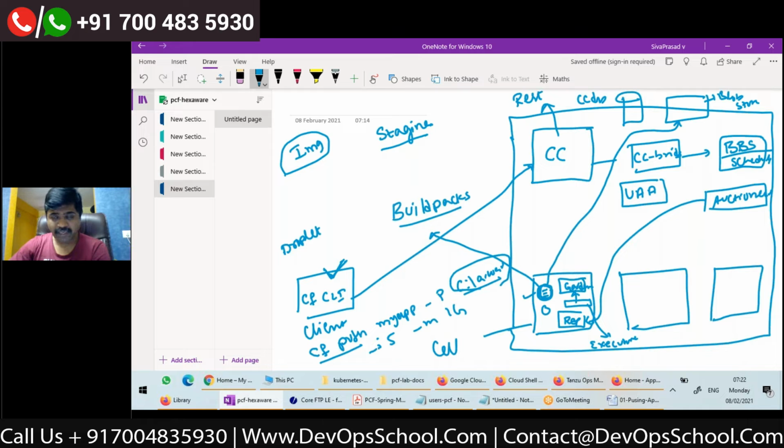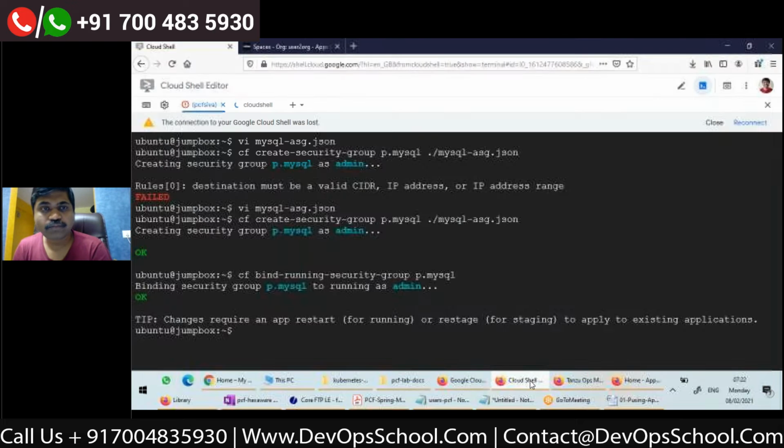It will take care of authentication. So before you push applications to Cloud Foundry, you need to log in through this UAA. It is an OAuth server, right? So on your machine, you need to install Cloud Foundry CLI.